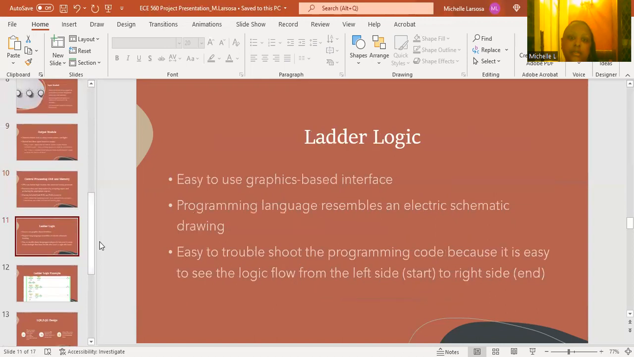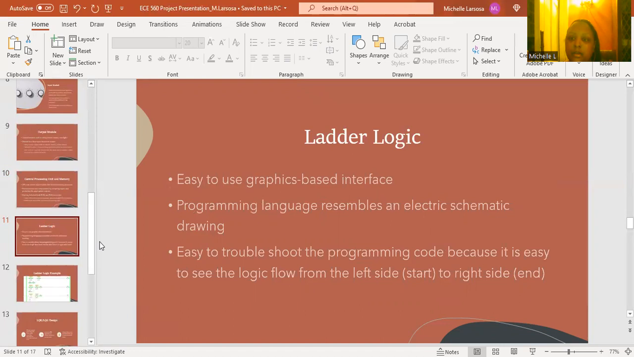Then that leads us into ladder logic. Ladder logic is pretty much the basis and the basic programming language that is utilized for programmable logic controllers. It is an easy-to-use graphics interface type of language. So it's kind of like a drag and drop type of situation where there are actual,